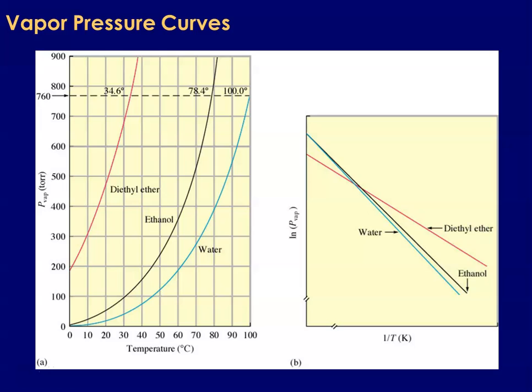So this curve here, you've got a red line, a black line, and a blue line. Those are vapor pressures for diethyl ether, ethanol, and water. At those specific temperatures and at those pressures on the y-axis, these liquids are able to boil. If I look at a given temperature, I see that water has the lowest vapor pressure of the three, and diethyl ether has the greatest. So diethyl ether would have the weakest intermolecular forces to overcome, and that's going to enable its molecules to escape and to build up the pressure